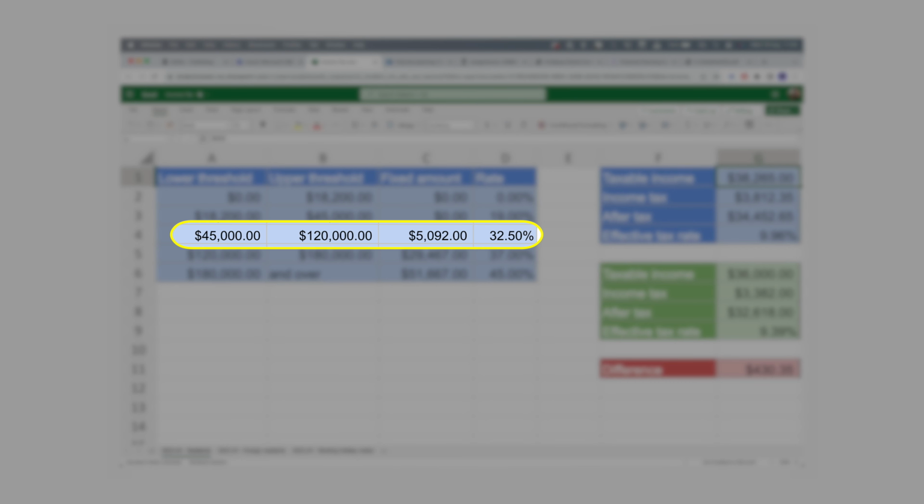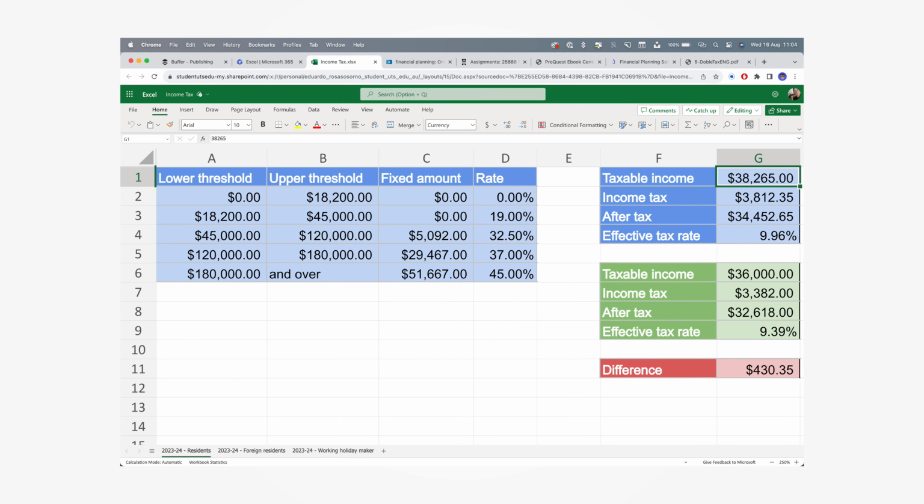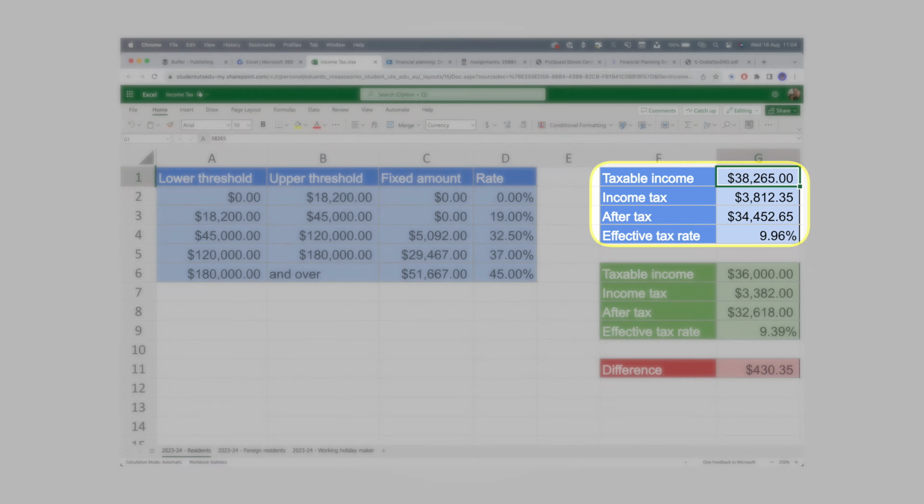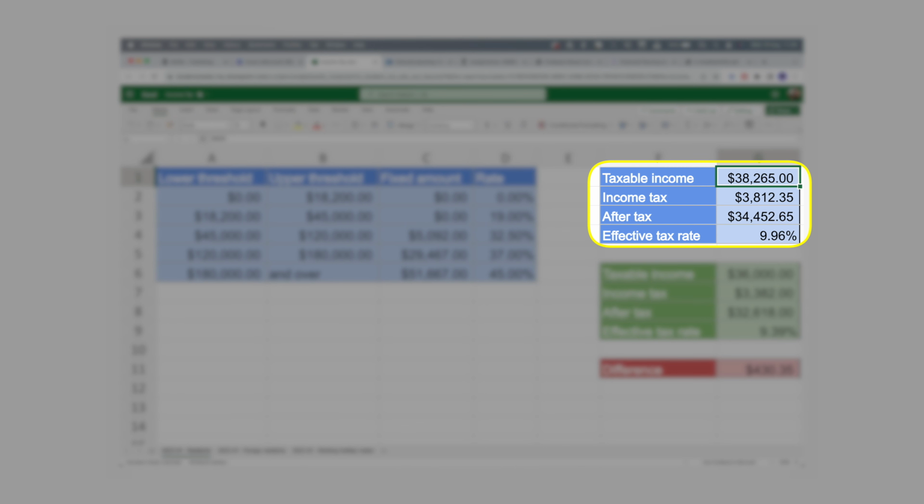As soon as you make $45,001, you would pay those 5,092 plus 32.5% on the additional dollar that you made over 45,000. And the same applies to the rest of the brackets. So here I have a couple of examples. Let's say that during the year you made $38,265. Based on these rates, you would have to pay $3,812.35,